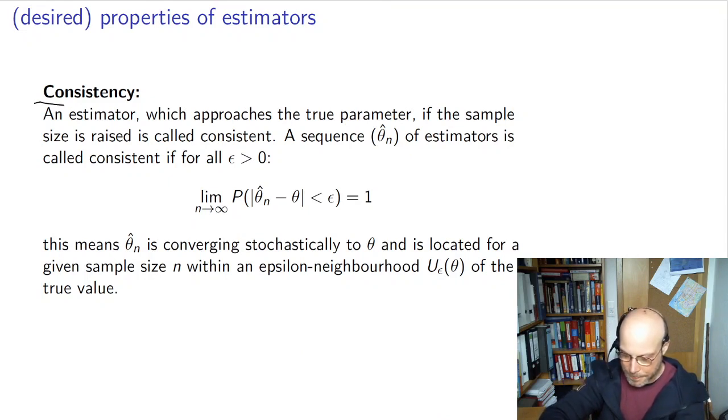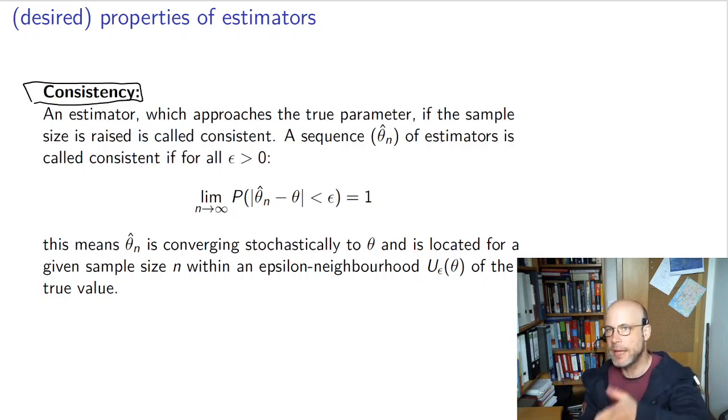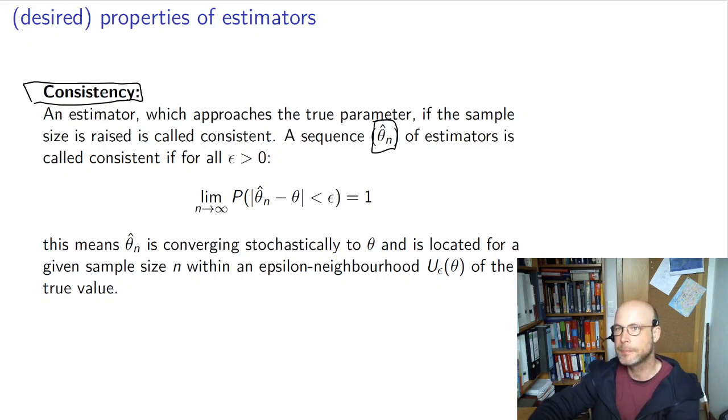Consistency. Consistency is something similar to our asymptotically unbiased estimator. And this means, again, in a sequence of estimators, theta n, I will call this sequence of estimators consistent